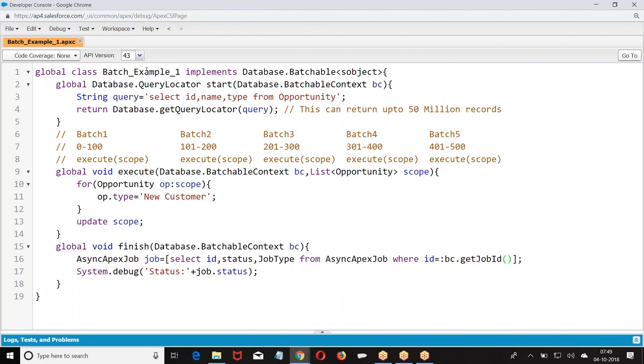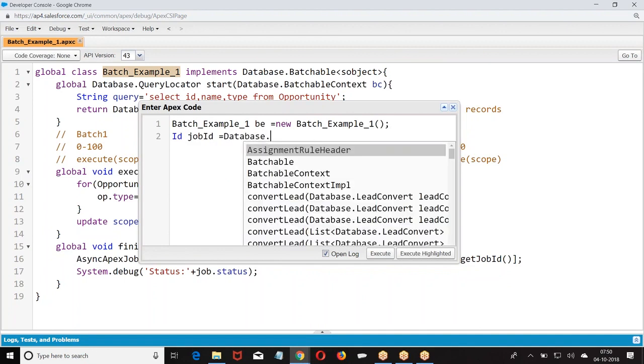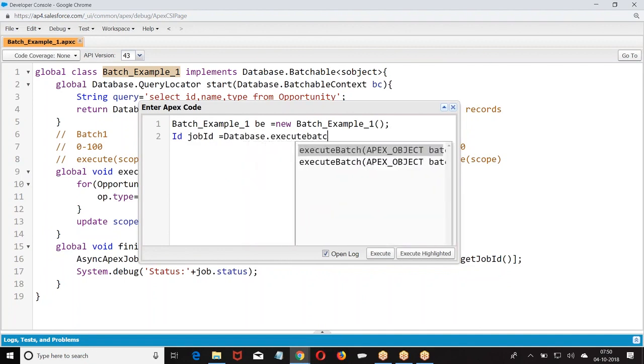So how do you execute this? If you want to execute, create an object, then write Database.executeBatch. Now, did I mention any size here? I have not mentioned a size.